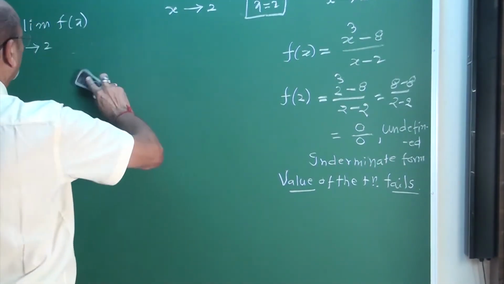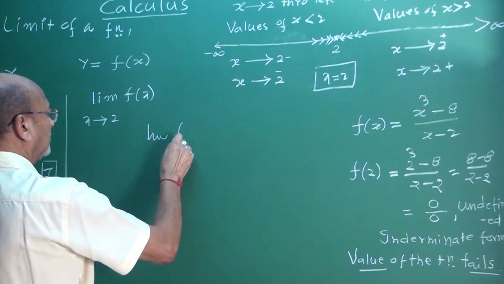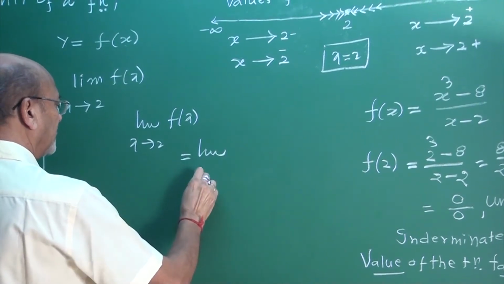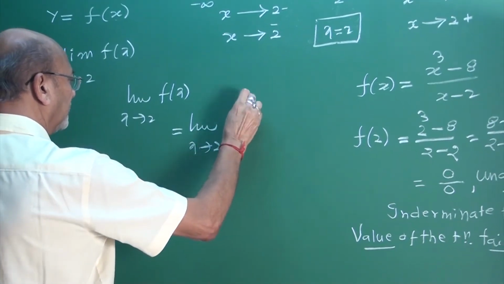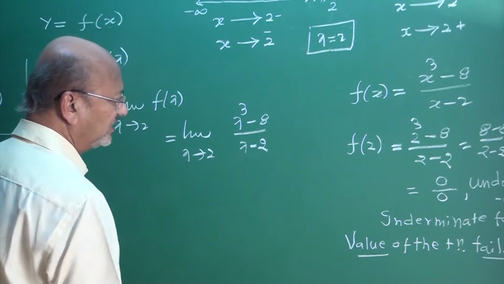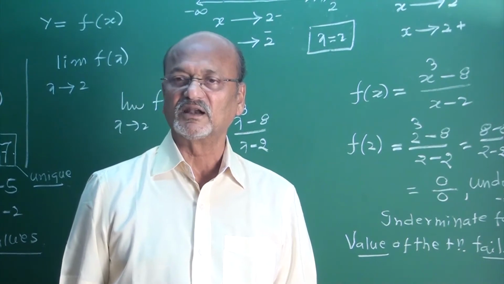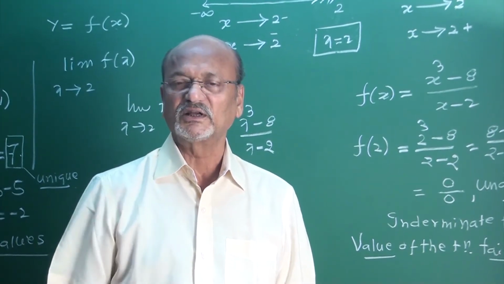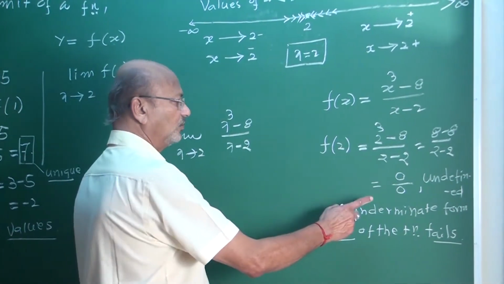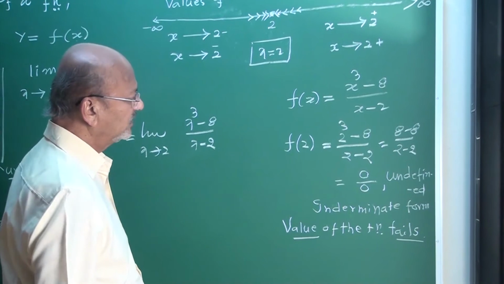See, if you take the limit of f(x) as x tends to 2, what is f(x)? x cube minus 8 upon x minus 2. There is one mathematical technique. While doing the calculations, if this form 0 by 0, which is known as an indeterminate form, comes, in that case, we must